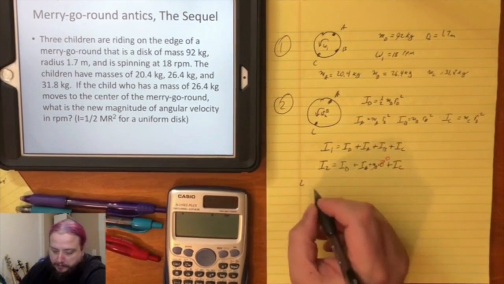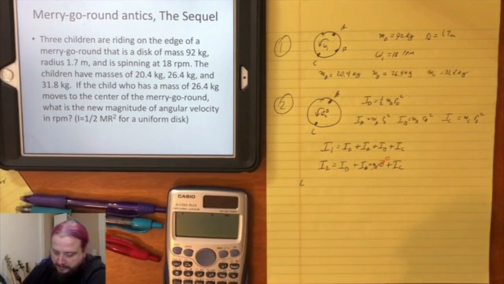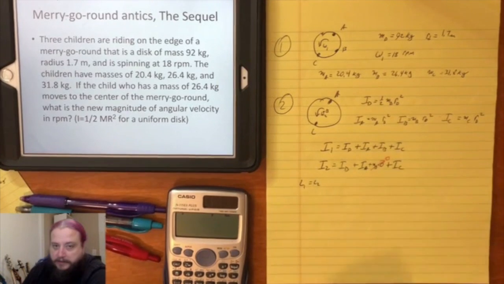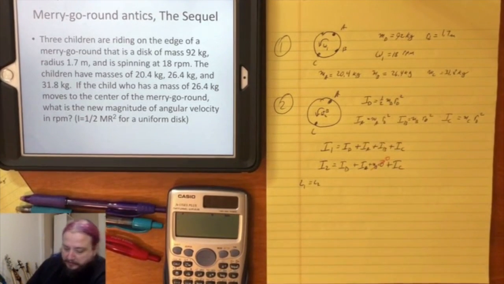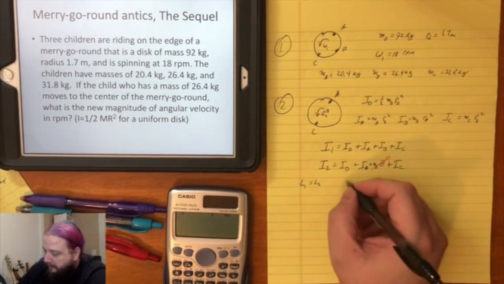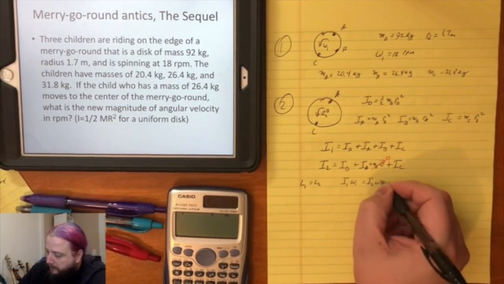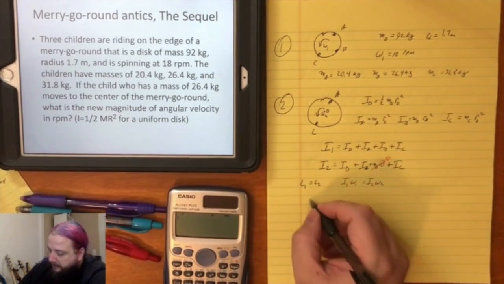So if angular momentum is conserved, that L1 equals L2, that means that I1 omega 1 equals I2 omega 2,